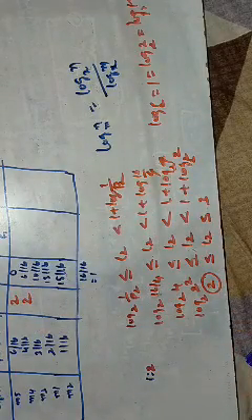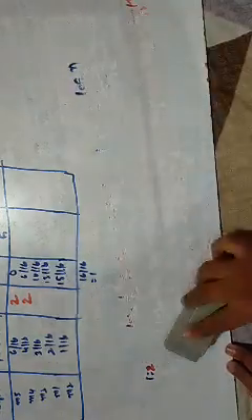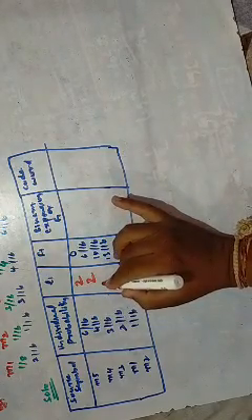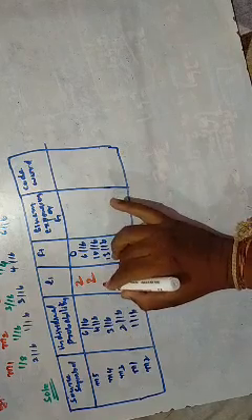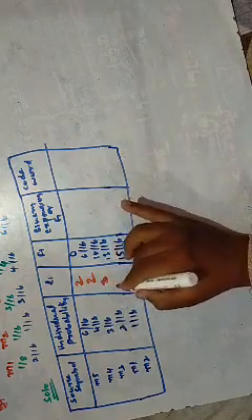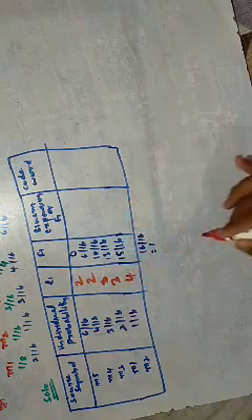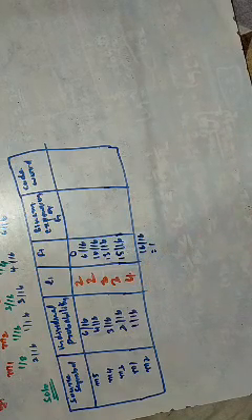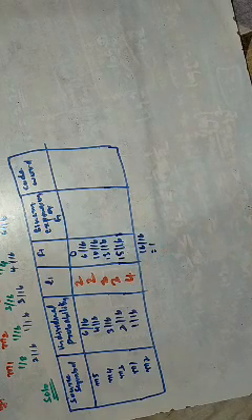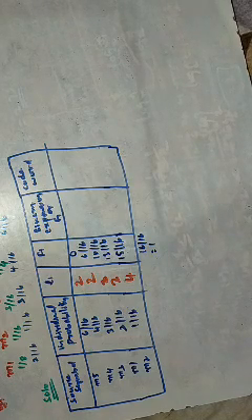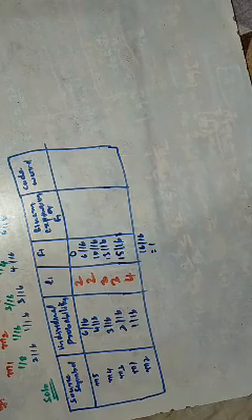Similarly, solving for all in the same way, the length for L3 is 3, L4 is also 3 and L5 is 4. This is the length of the code words. Okay, first M5 is of length 2, M4 is of length 2, M3 is of length 3, M1 is of length 3 and M2 is of length 4.